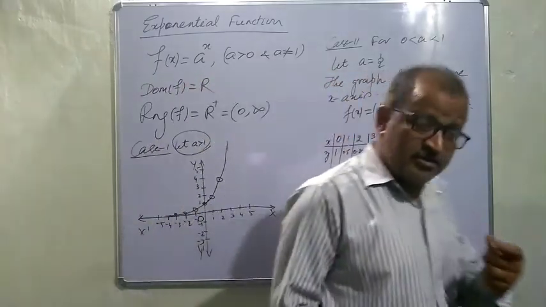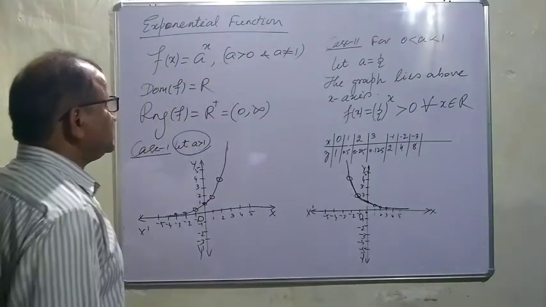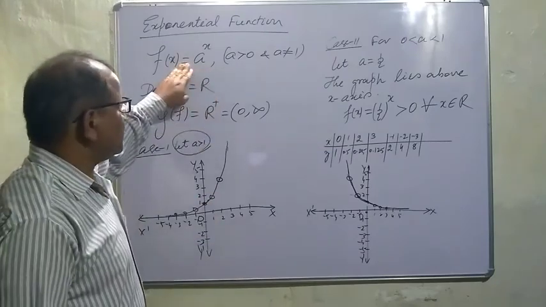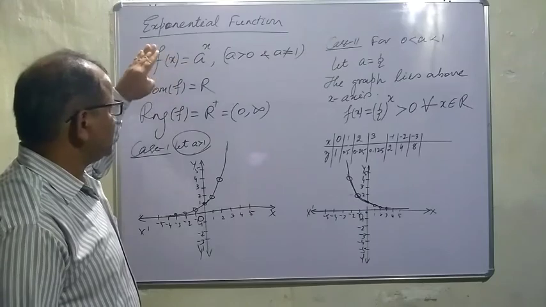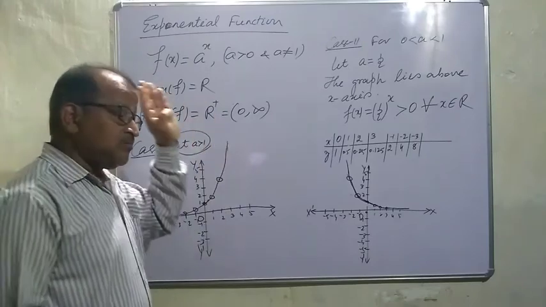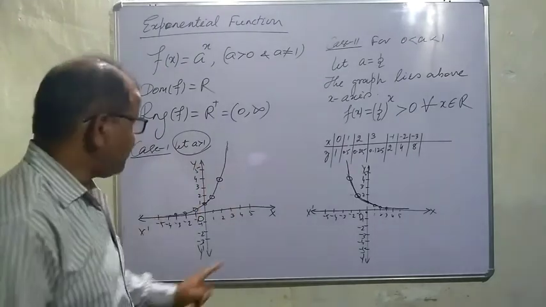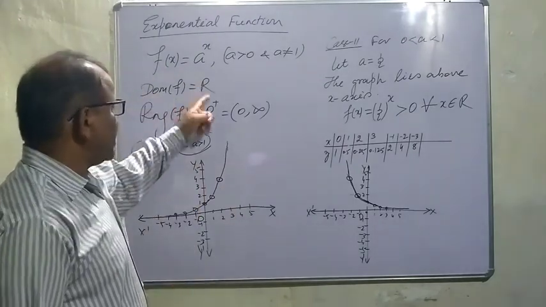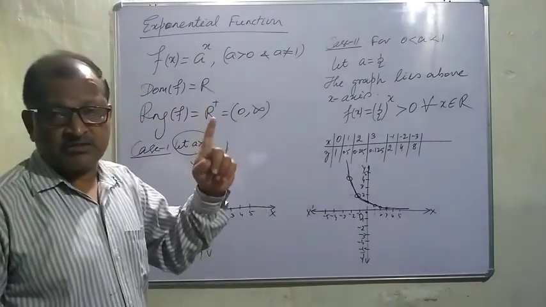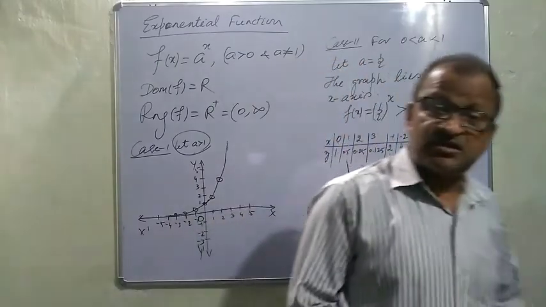You might have read it in the set of real numbers. The properties of exponential function. Okay, clear? If this is the function, this is exponential function, its domain is very important. Its domain is R. Everywhere in the set of real numbers, it is defined. That means for every real value of x, you will get the corresponding value of f(x). So its domain is R, but its range is the set of positive real numbers, because it will never be 0.